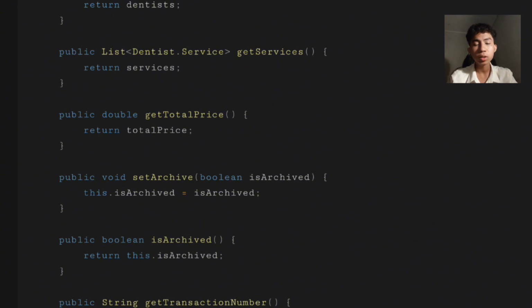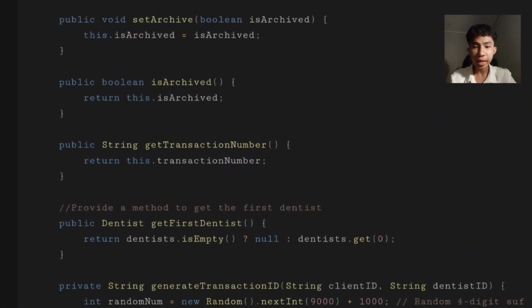The isArchive method checks whether a transaction is archived or still active. The getTransactionNumber method retrieves the transaction's unique identifier, and getFirstDentist returns the first dentist involved in the transaction, ensuring that the primary services provider can be easily identified.